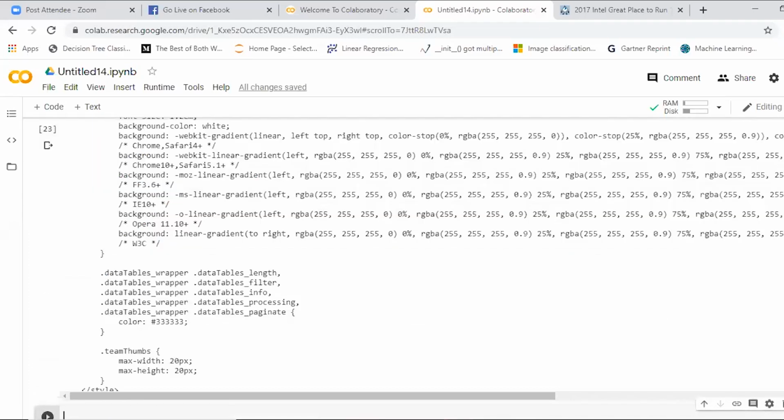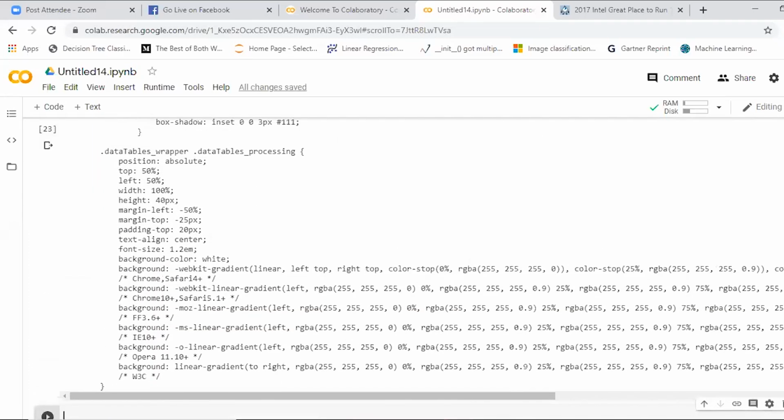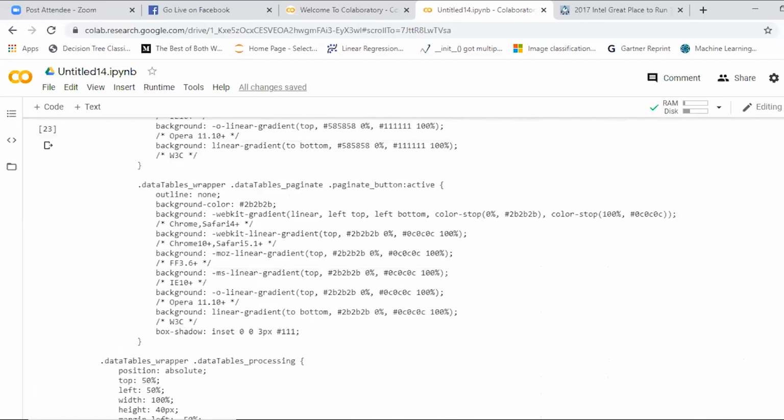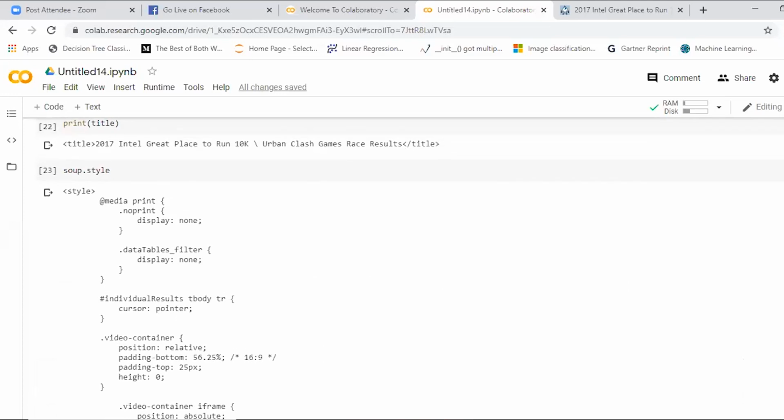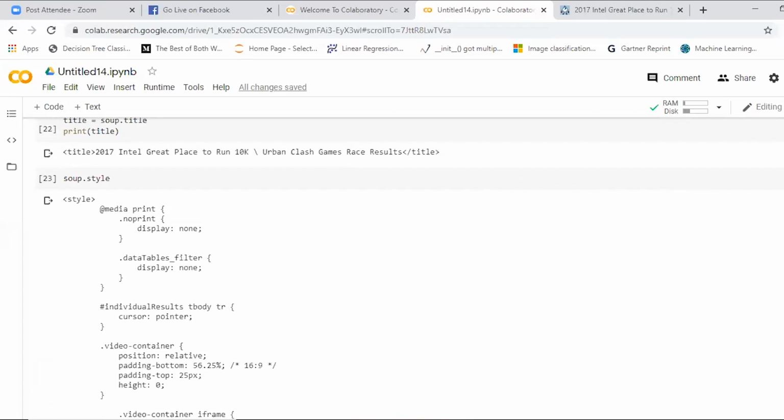See, here you get the complete CSS styling of the web page. Does anyone have an idea of this? It has CSS and HTML, because HTML and CSS are used in the front end. See, soup.style gave you the entire content. Let me show it here.